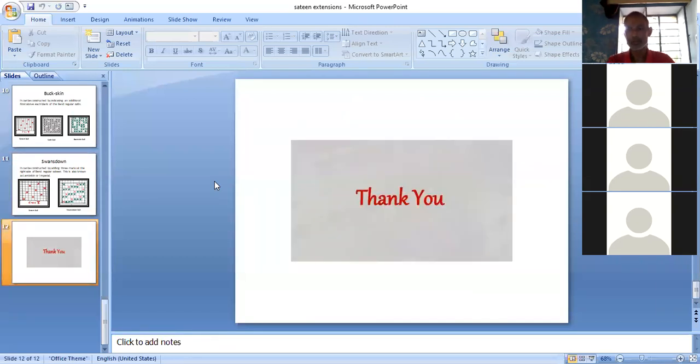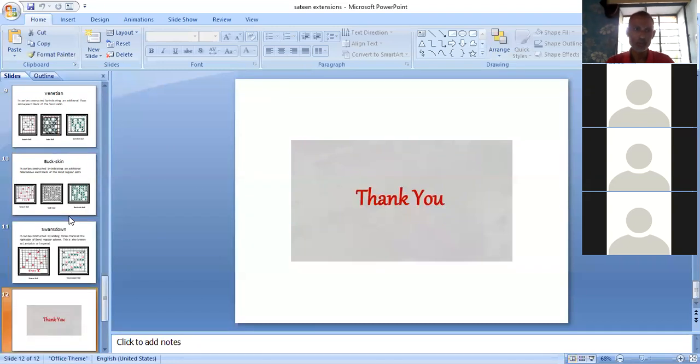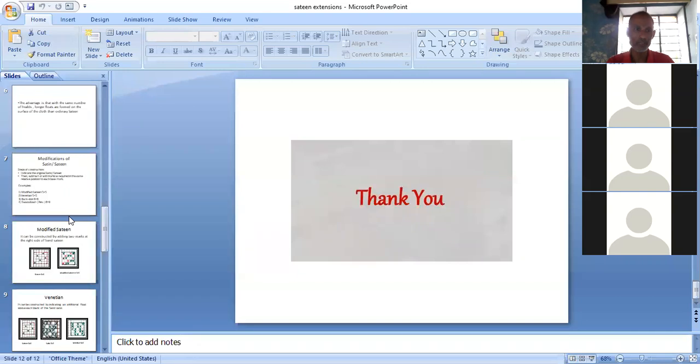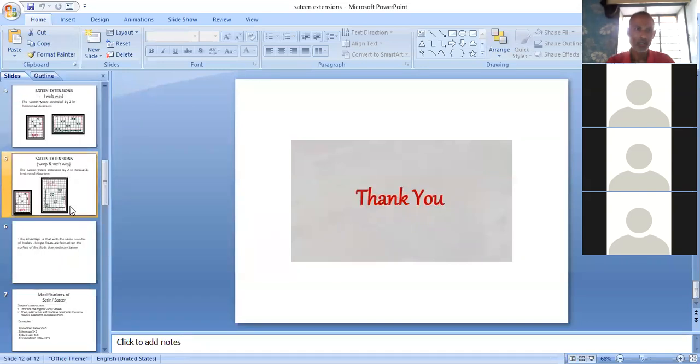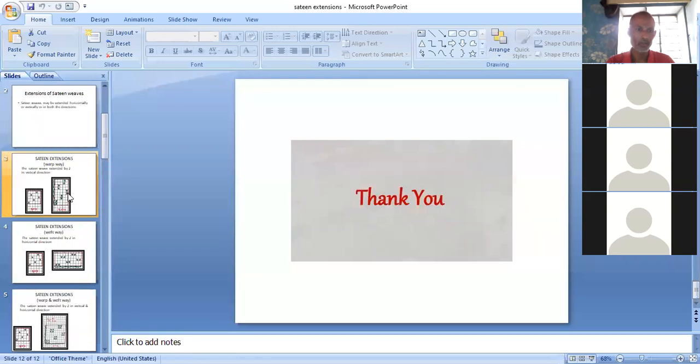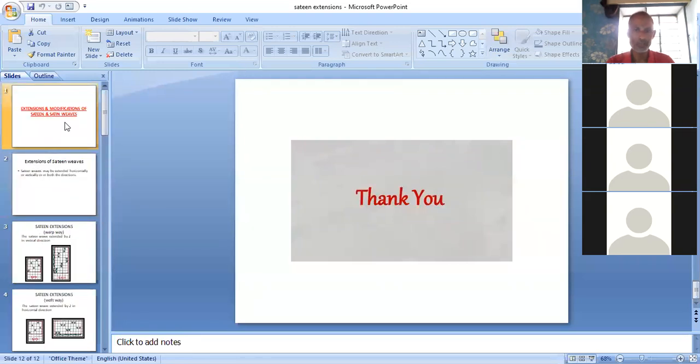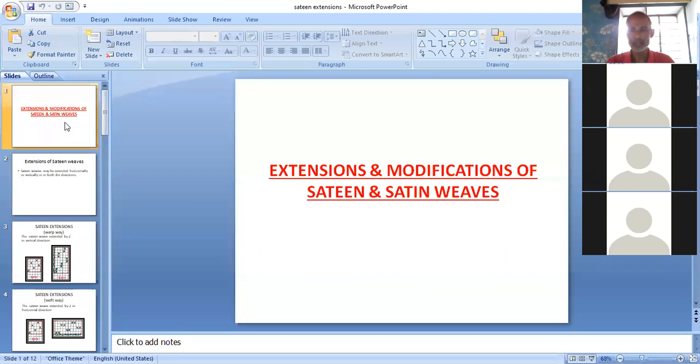So this is all about modifications of satin and sateen. If you have any question, you are most welcome to ask without any hesitation. And we will include this topic in our syllabus of second midterm test. So if you have any confusion in this topic, you can ask me right now.